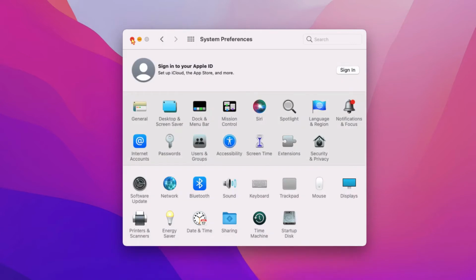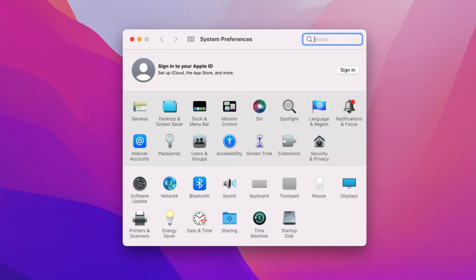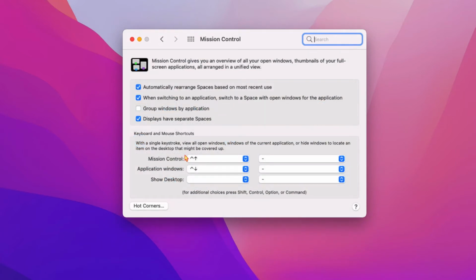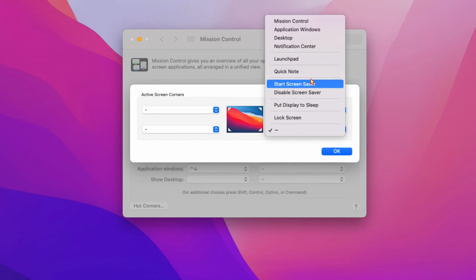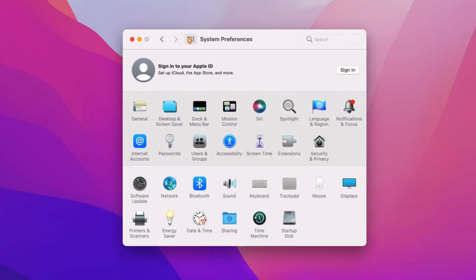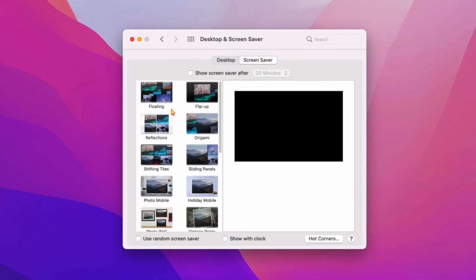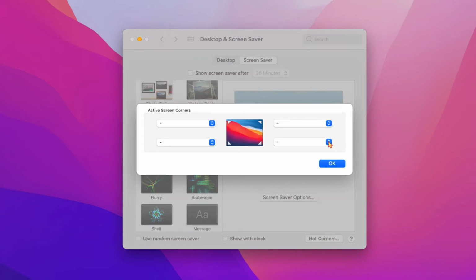The second way to launch QuickNote is to assign hot corners. From System Preferences, hot corners can be found in 2 sections by clicking on Mission Control or Desktop and Screensaver icons. From Mission Control, the Hot Corners button can be found on the bottom left-hand corner of the window, and from Desktop and Screensaver on the bottom right-hand corner of the window.